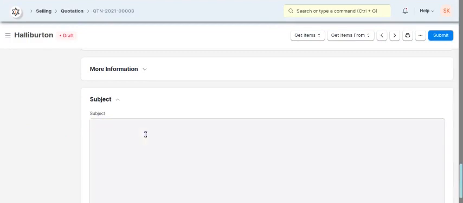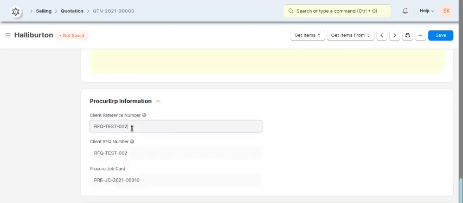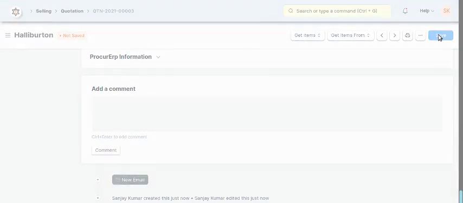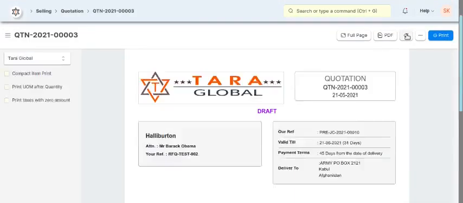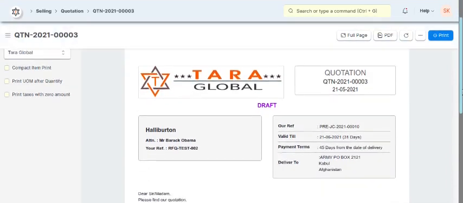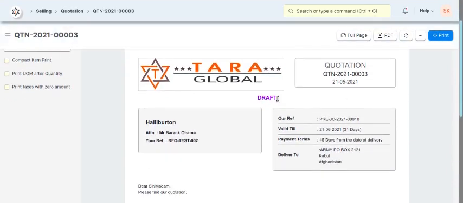Here you can write the RFQ number, the client RFQ number. Then save. And now if you go here, can you see the draft mode? If the document is in draft mode, then it will come like this.